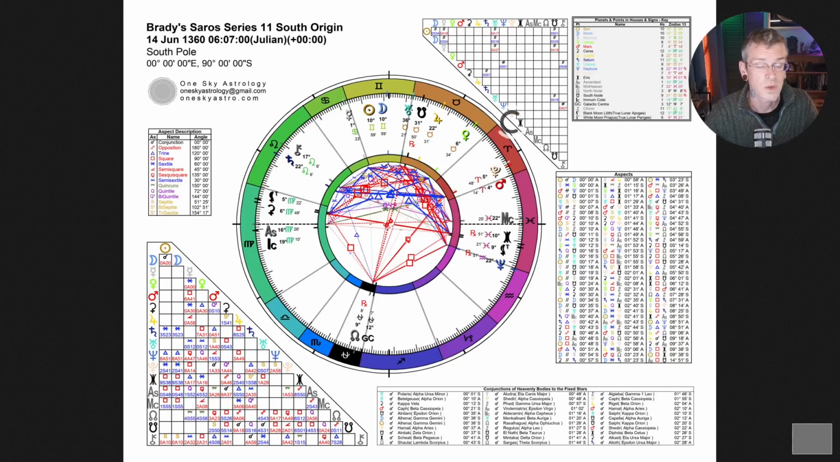Sometimes I see totally different stuff than Brady sees. I would say it's a mix of upheaval and painful change, and dealing with it artfully, dealing with it skillfully. But I give all this just as an example of how to look at a Saros series astrologically, how to